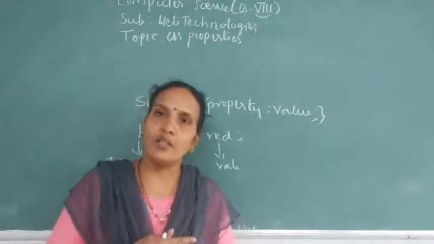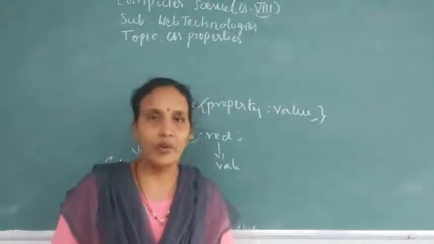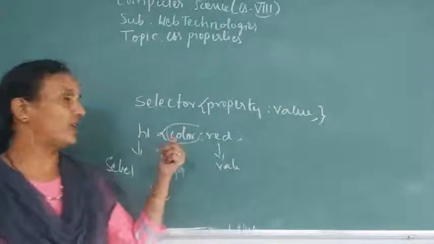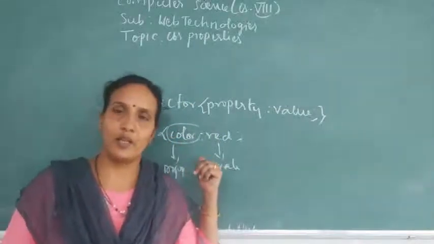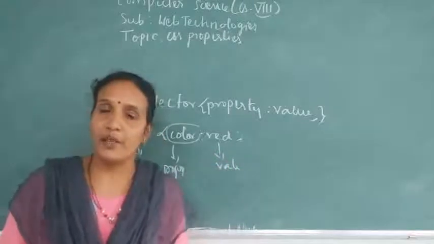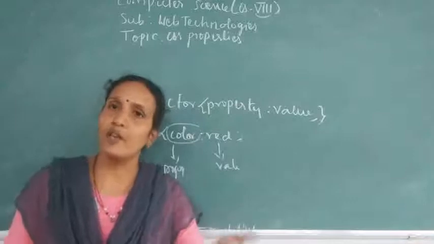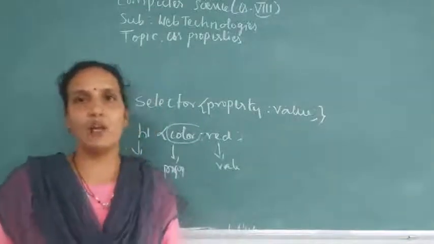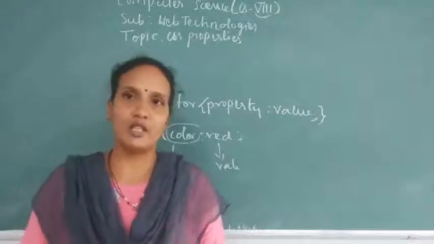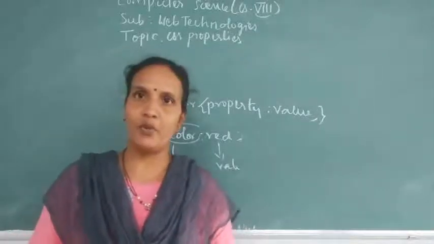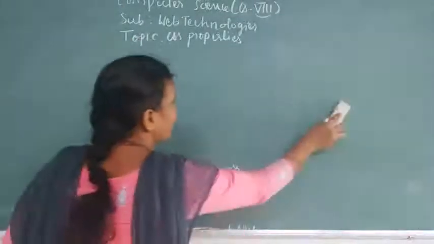So I will give you all the properties which are available in CSS. It is not only the color property. Text color will come under the text properties. Like that you have font properties, background properties, box properties, units properties. We have different properties, and all those properties you can apply to an HTML element using CSS. Okay, now what are those properties? Now we will discuss the properties.